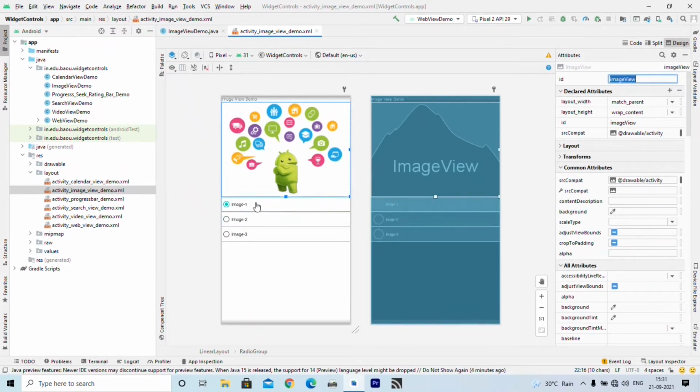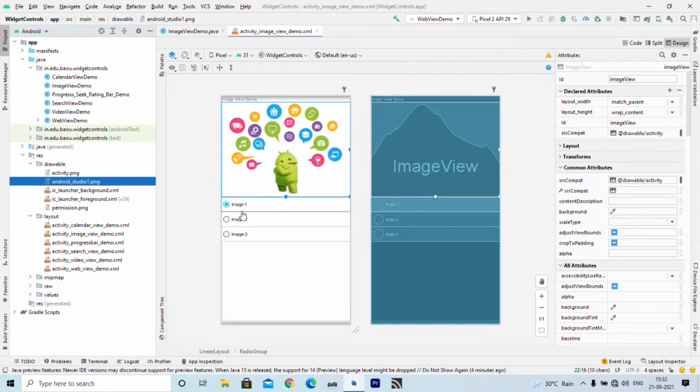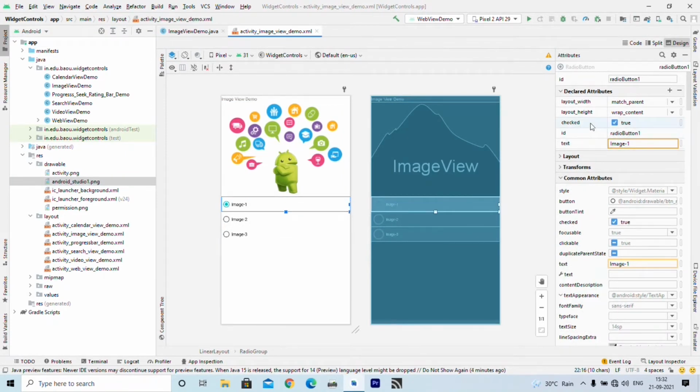To display 3 images, I have copied those images inside my drawable folder: activity, permission and Android Studio 1. These are my image files that I want to use when a particular radio button is clicked. And remember, the first radio button is checked, so you can verify that from this property, checked, set to true.